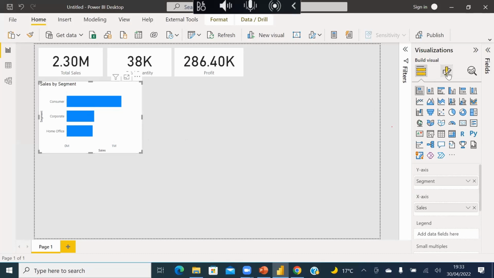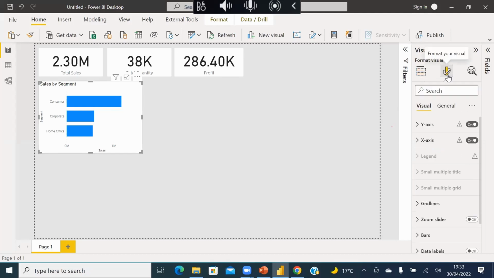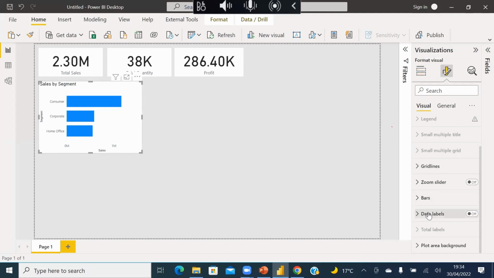What we can do here is go to format. Remember, we want to format this visual. You go to the format pane, then there's data label. Data labels help to label your categorical variables, right? They add description to it. Remember, I had to hover before I could see the value here. But if I turn on data label, now I can see the value. So if I can see the value here, it means that the value here now is redundant, right?